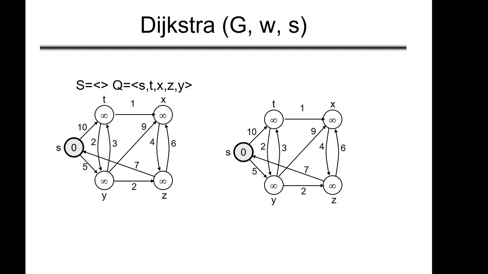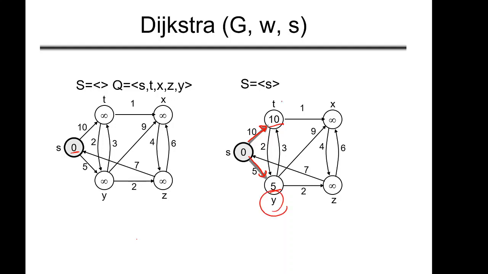So first we will see all the edges which are leaving S. Okay, so there are two edges which are leaving S, that are these two edges. Okay, so we will update the value of key here, and then which is the next element we will pick? We will pick Y. Why?